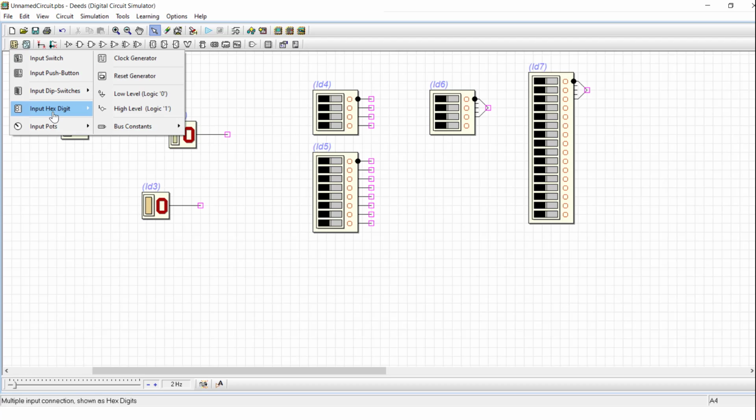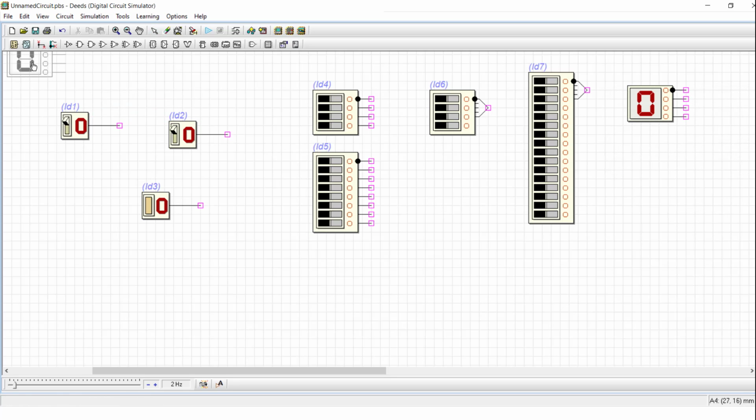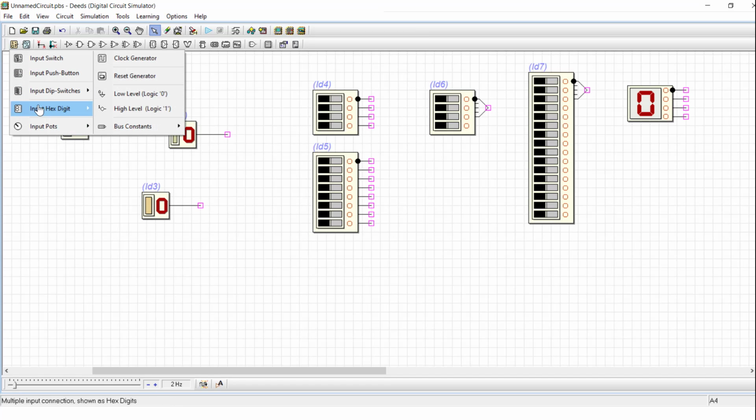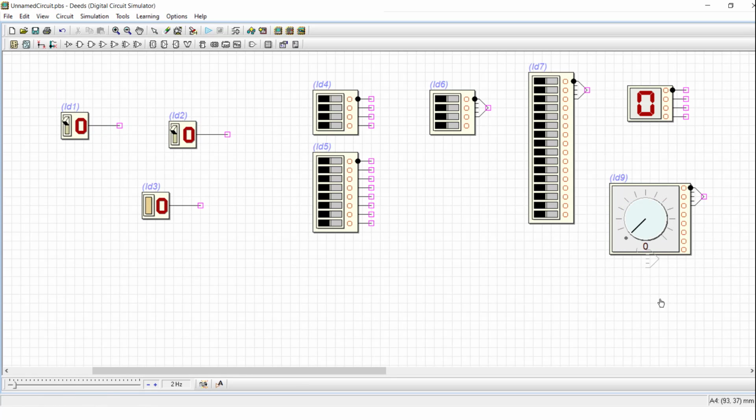So similarly, you can also have different hexa inputs like 1-bit hexa, say 4-bit hexa number. So this generates a 4-bit code for the decimal number. Similarly, you can also have a rotary part where you can change your numbers from all zeros to all ones of 8-bit data. So these are all different input switches.